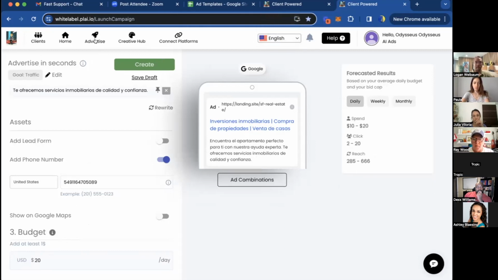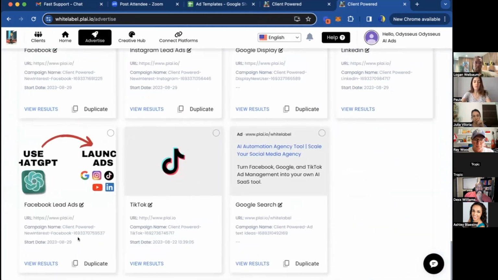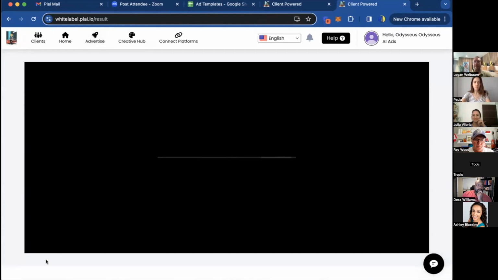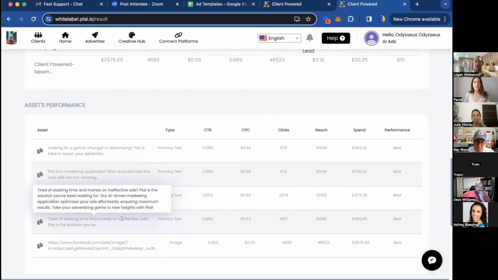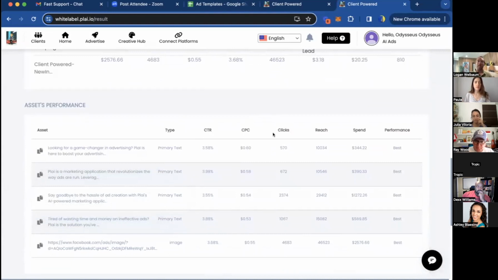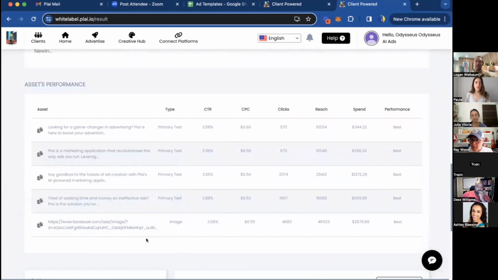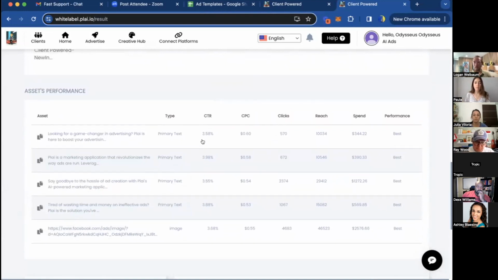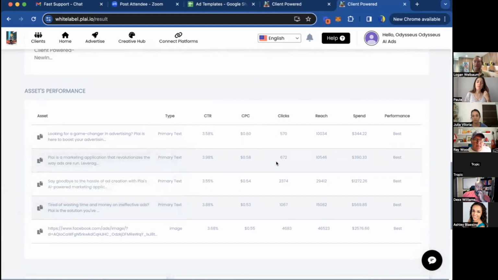The other features that we launched are breaking out more of your ad asset reporting. Before, we would just show you if your image is good or bad or best. What we've done now, which just launched yesterday, is that we're actually breaking out the cost per click, the CTR, the clicks. We also brought in video reporting into here. So if your ads have a video, we're also reporting stats on that video. So you can see which certain headline or primary text is actually getting the best results.